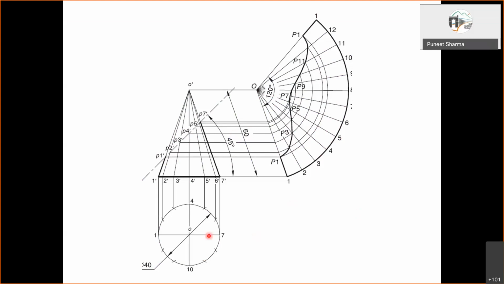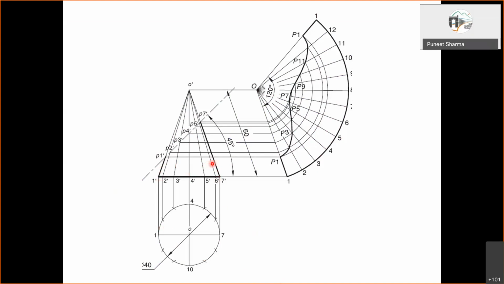For such a problem, you will be given the dimensions for the cone, like the height of the cone or the radius of the base circle, so that this top view and this front view can be drawn. As we have discussed many times, 12 divisions have been considered, projected onto this, and then we locate all these generators. So this you have already done.